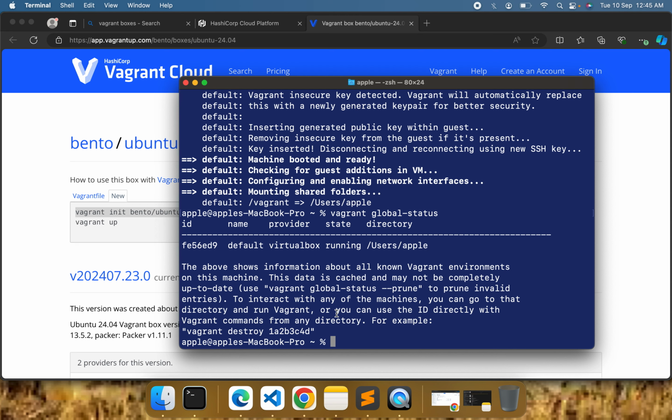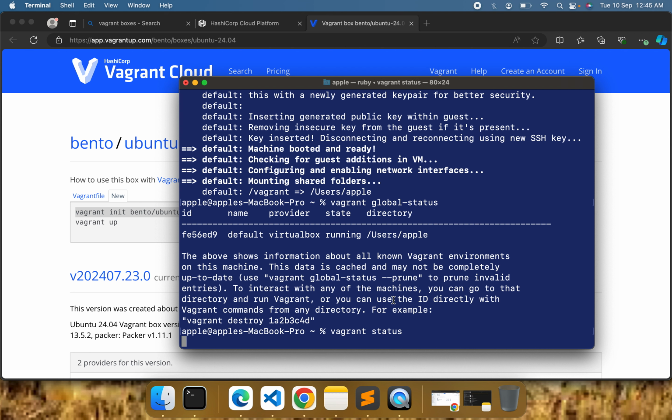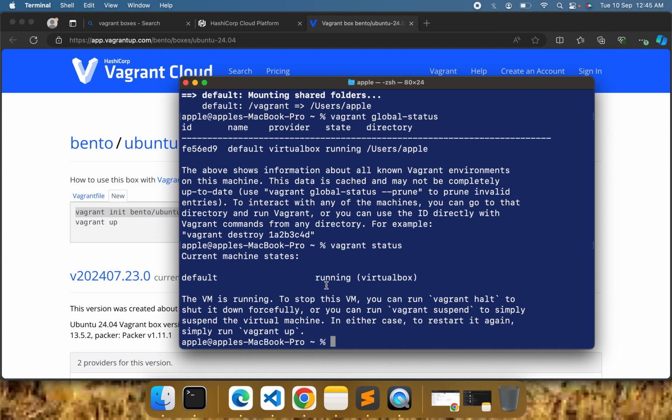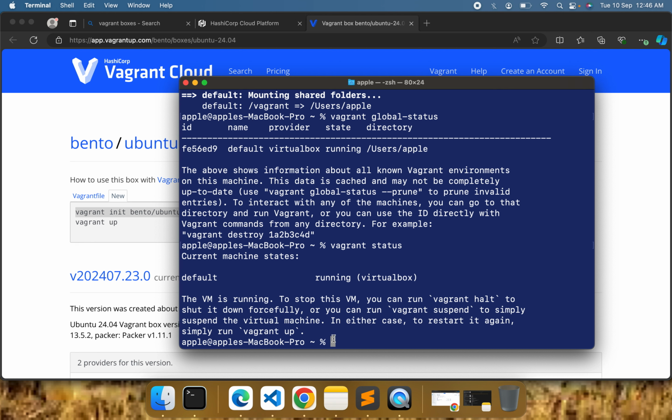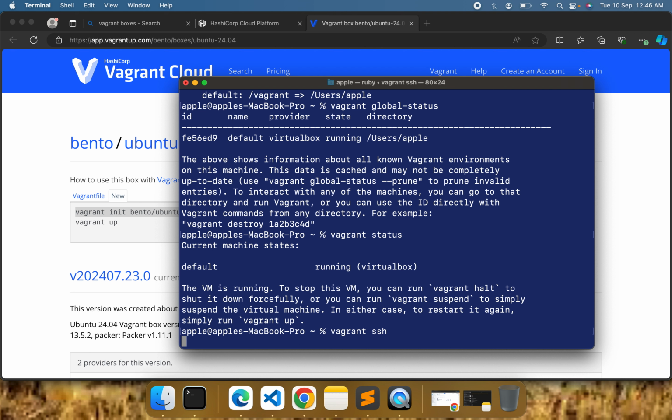So the VM is up. We can also check vagrant status. This will also show us whether the VM is up and running. But vagrant status will only show you the status of the default VM, whereas global-status will tell you, in our case, a single VM is up only, but if you are working on multiple VMs, then global-status would give you a fair idea. Okay, let's move on. Let's do vagrant ssh